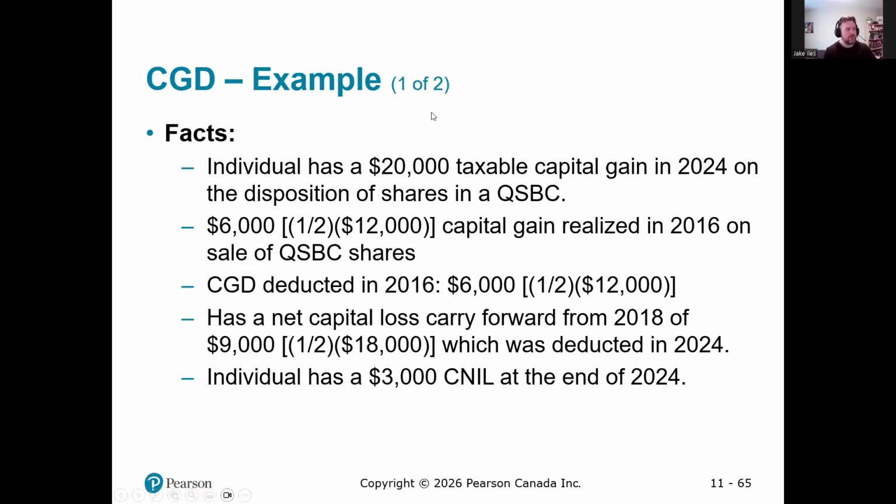Okay. So that's the capital gains deduction. When we return, we will review the losses we were talking about before and consider in what order is the best way to use them.